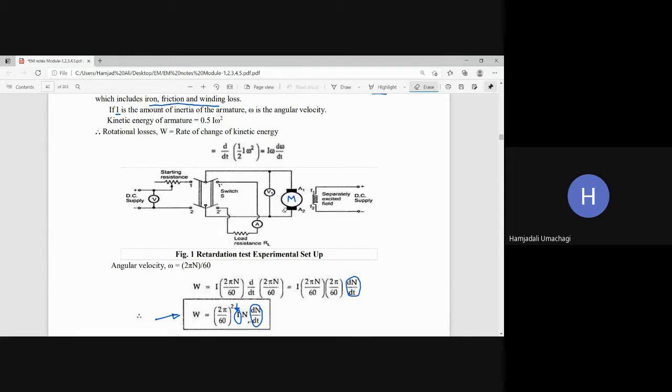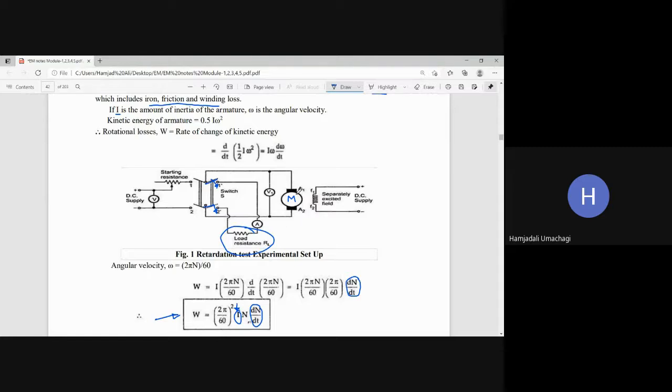Whatever slowing down of this motor takes place, that is the rate of change of kinetic energy of the motor. That rate of change of kinetic energy, you are making it be absorbed by an element. What is the element here? Resistance. So suddenly, after disconnecting the motor from the power supply, if I throw the switch to 1 dash and 2 dash, the motor will start to slow down, and that kinetic energy is made available to the electrical load, which is purely resistive, non-inductive.